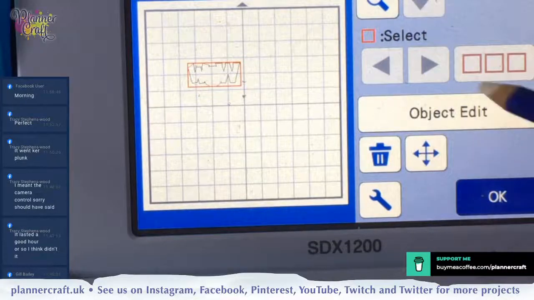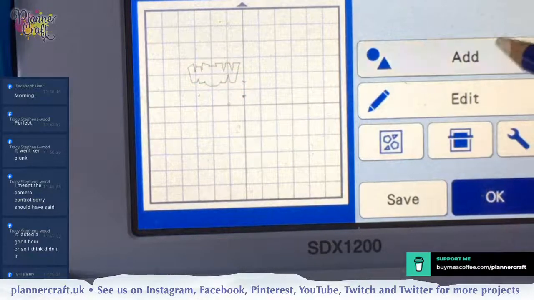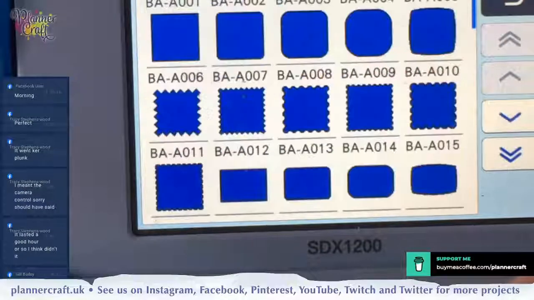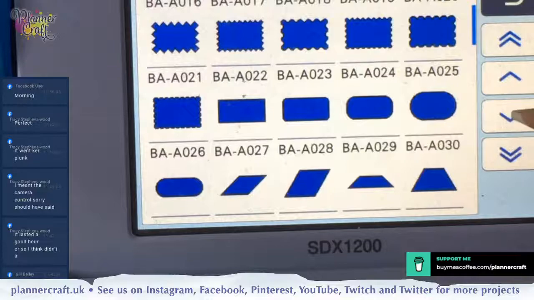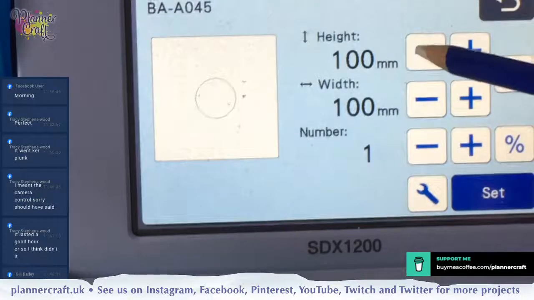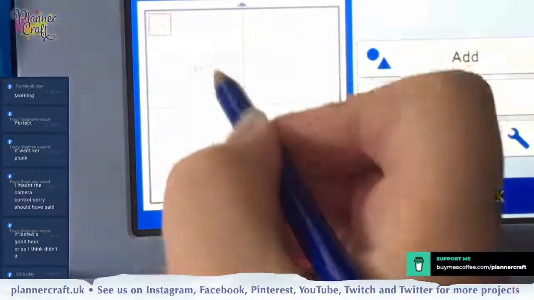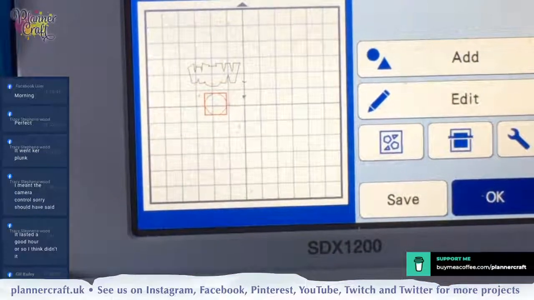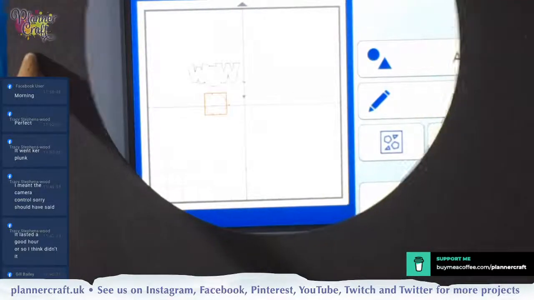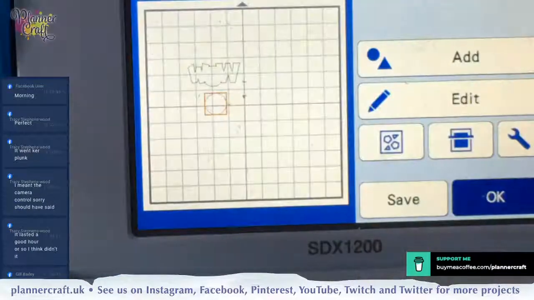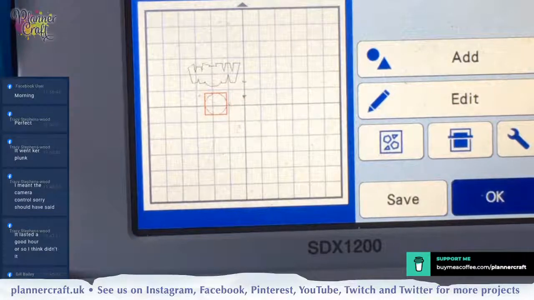So if we go to OK, and OK, I want to go to add, pattern, basic shape, and I'm just going to bring in a circle. I'm going to break it down a little bit because we know it's going to be quite small anyway, and just set that and bring that roughly down there. Now before we go too far in terms of resizing that centre circle, we want to make sure about the size of our wow. So if we've got our aperture here, we know we want to go beyond it on both sides. So let's grab a ruler,